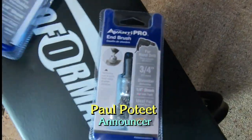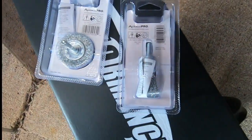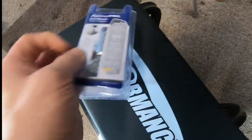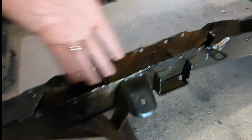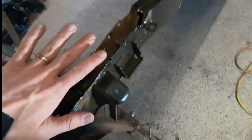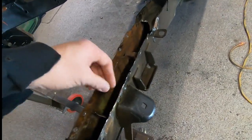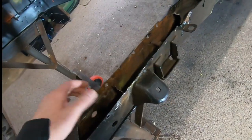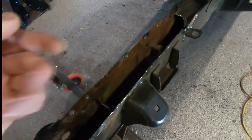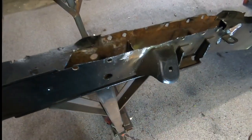But first, before we go pouring that in there and making it take longer to cut it all out, kind of knock off some of the loose. So we bought two different wire wheels, one like the cone style and the other one's a literal wheel. And we're gonna have to just get all this cleaned up. We can wipe it down as much as we can, and then we can vacuum it out. We want it to be basically to the surface of the rust as possible without having a bunch of loose. And I can feel that there's loose just coming off right there, just kind of dusty, sandy. So we're gonna clean that off first, and then we'll get into what we're gonna do to get the rust out of here, at least in this section, because this is a very